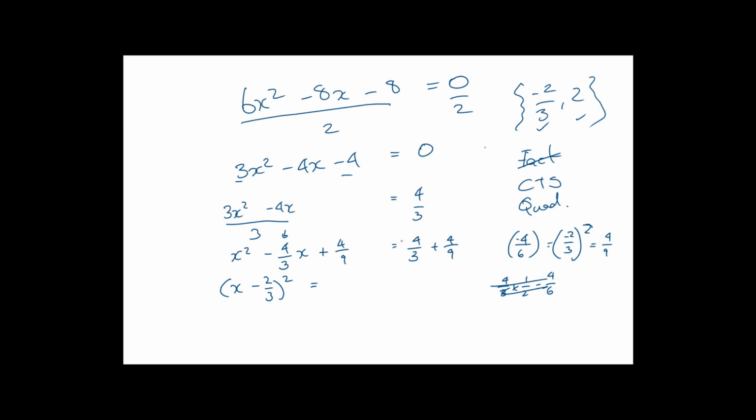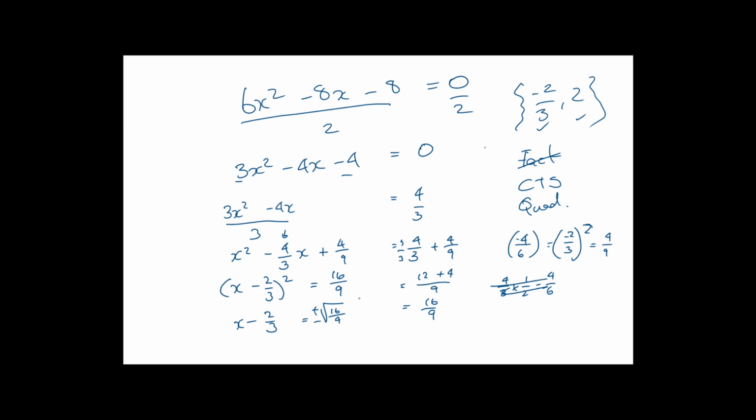plus 4 over 9. If we multiply this by 3 over 3, we get 3 times 4, going to be 12 over 9 plus 4 over 9. It's going to be 16 over 9. Okay, so it's going to be 16 over 9. And now we want to take the square root of both sides. Equals plus or minus the square root of 16 over 9, which is